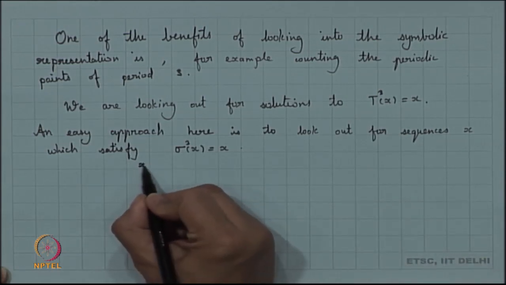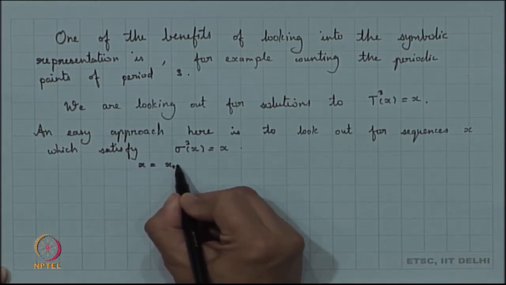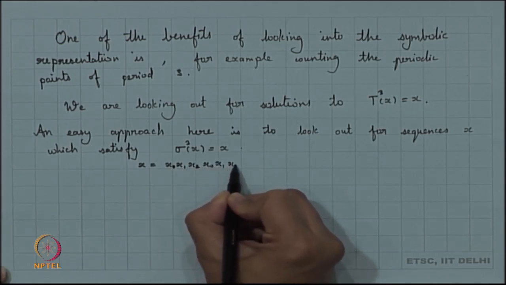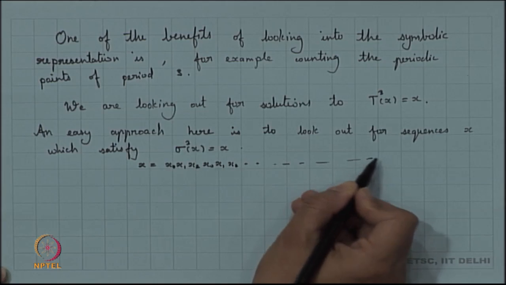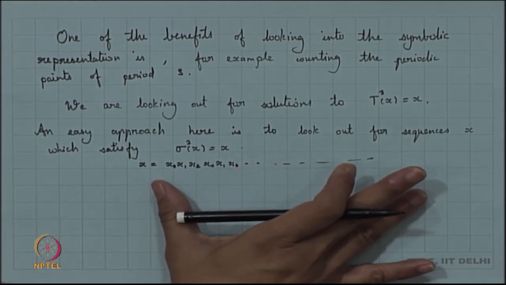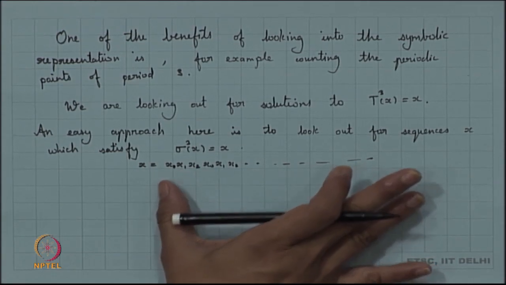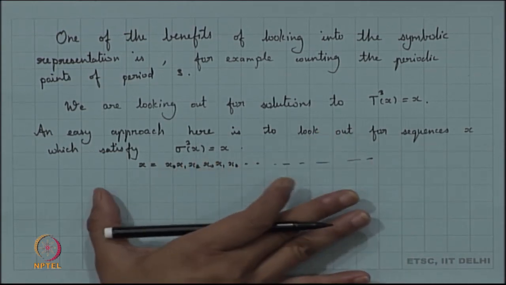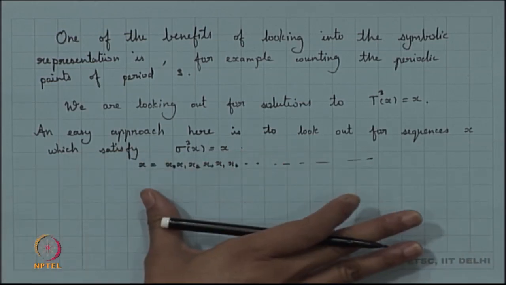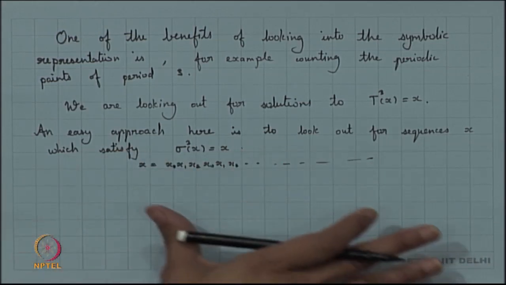So, we will have this x to be of the form x0, x1, x2, then again x0, x1, x2 and so on, and there will be 8 such points, with this kind of representation over ln r, which satisfy this equation. So, all the periodic points of the tent map can be easily constructed, can be easily seen, via looking into what are the periodic points of this particular shift system.